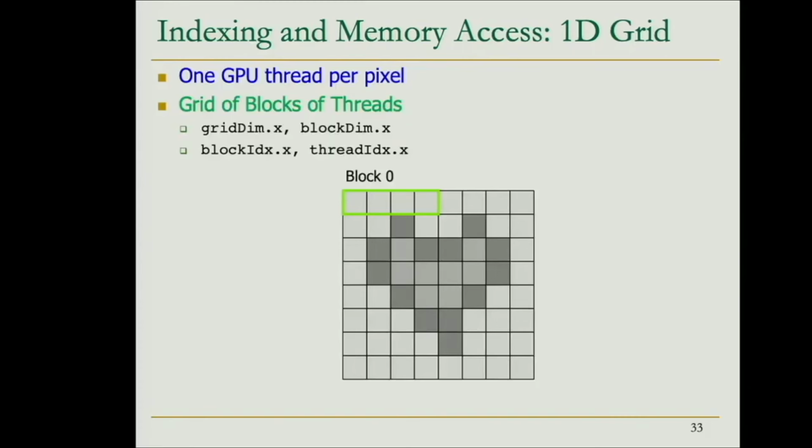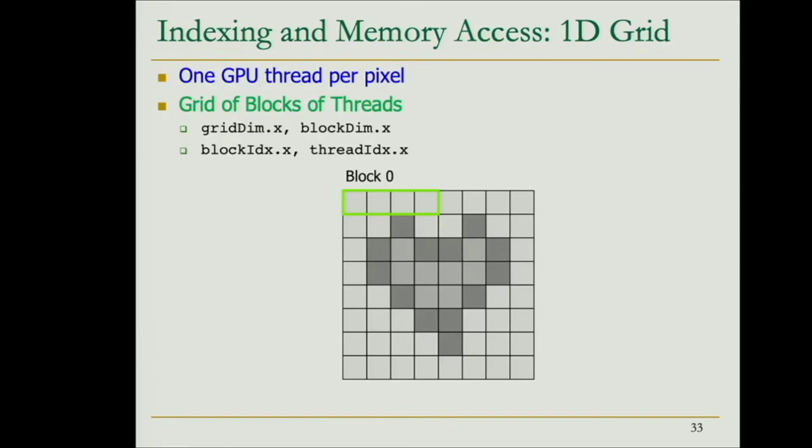In this slide, the first way of doing it is by using a one-dimensional grid. When we talk about the grid, it's the total number of thread blocks, or work groups, and this can be one-dimensional. When it's one-dimensional, what it means is that our thread blocks have only one dimension, and we're going to have a certain number of threads inside this thread